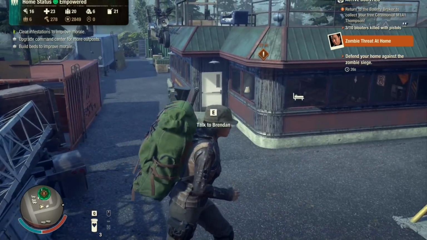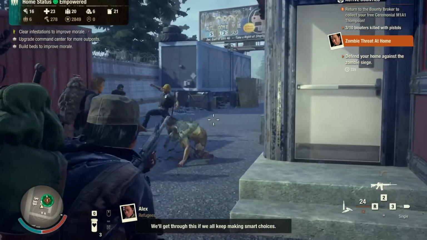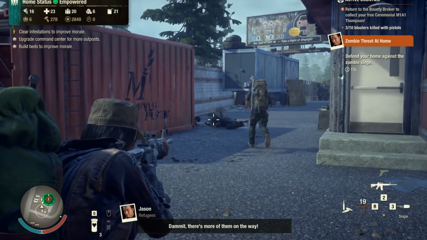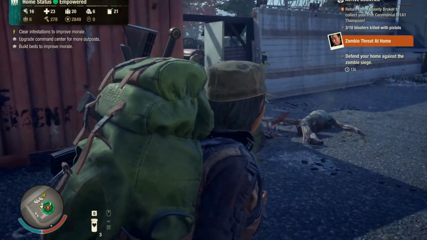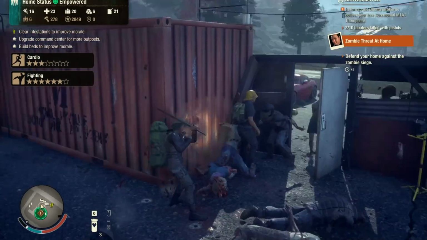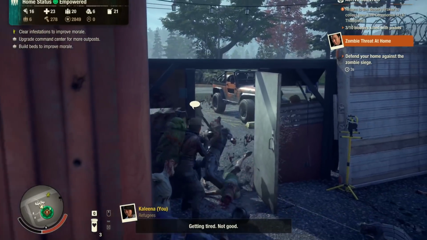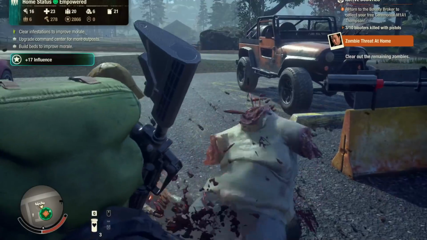Can't headshot this. Yep, now they're inside. And I was warned about this from my chat. They're like, yeah, the base defenses aren't all that interesting, because this is what it turns into. And your allies will charge it, obviously. Give them a hand here. Getting tired. Not good. So every battle that I've ever had in this base has turned out...